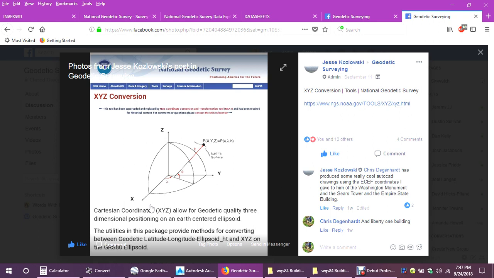So the utilities in this package provide methods for converting between geodetic latitude, longitude, ellipsoid height, and XYZ on the GRS80 ellipsoid. You probably don't understand that, some of you. Anyways,